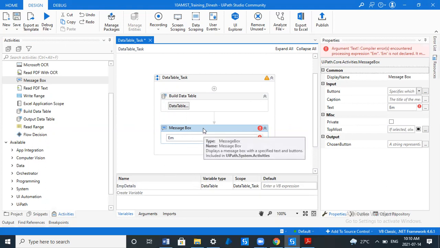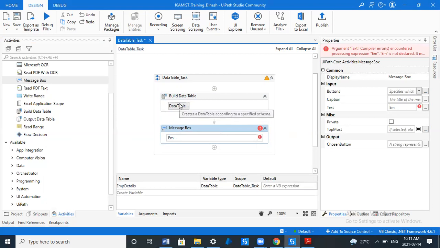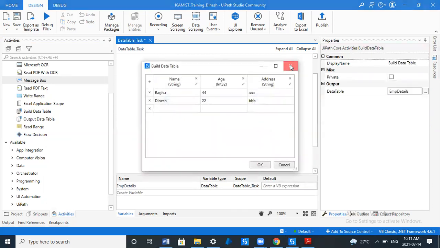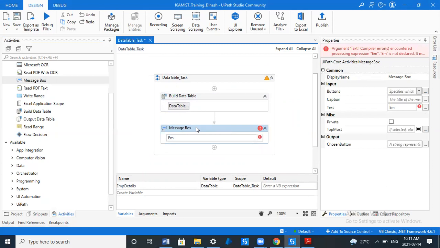Earlier we had internal functionalities to convert into string, which means we can put .ToString, .ToDate, anything we can perform, to convert one variable data type to another data type. Now, to convert this data table to string, since currently we have a data table, and a message box can allow only string values, we have to convert this data table to string.